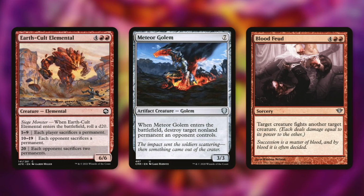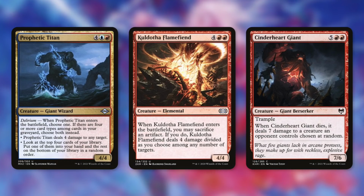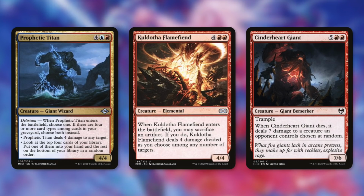But we're nowhere near done with throwing a wrench into our opponent's plans just yet. First up, there's Prophetic Titan, which has when it enters the battlefield, choose one, but if there are 4 or more card types among cards in our graveyard, we choose both instead. It's going to deal 4 damage to any target, and/or we look at the top 4 cards of our library and put one of them into our hand, the rest on the bottom of our library in a random order. So this can ping a creature, or a planeswalker, or even a player's face,